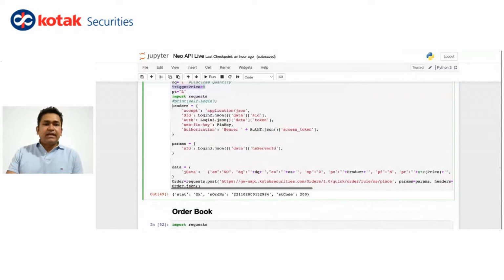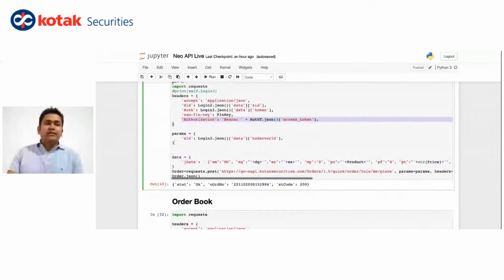फिर से हम हेडर्स एक बार देख लेते हैं. हेडर्स में आपने SID, ऑथ, और इस बार आपको नियोफिन की पास करना पड़ेगा. नियोफिन की, we have already discussed that it is a constant for you, and authentication bearer. Along with that, बॉडी में आपका SID पास होगा, and